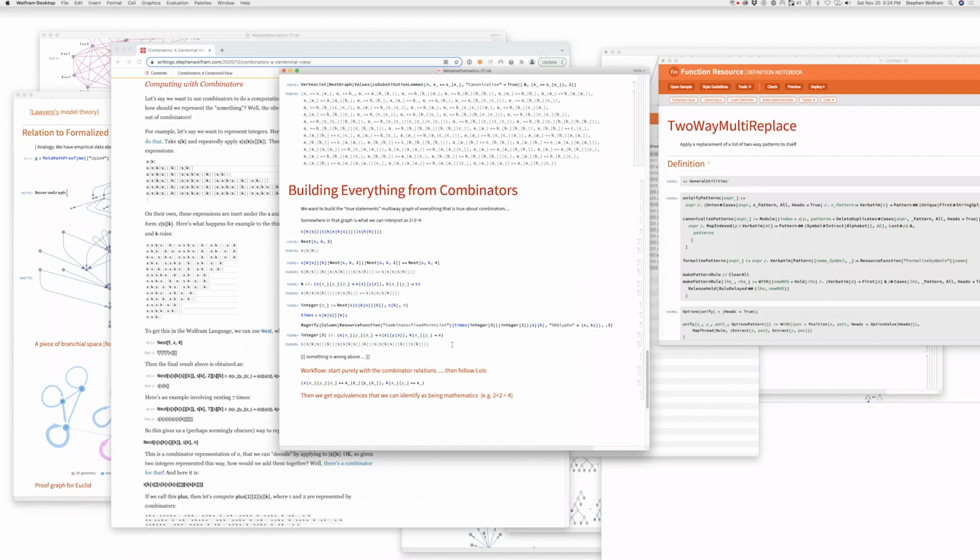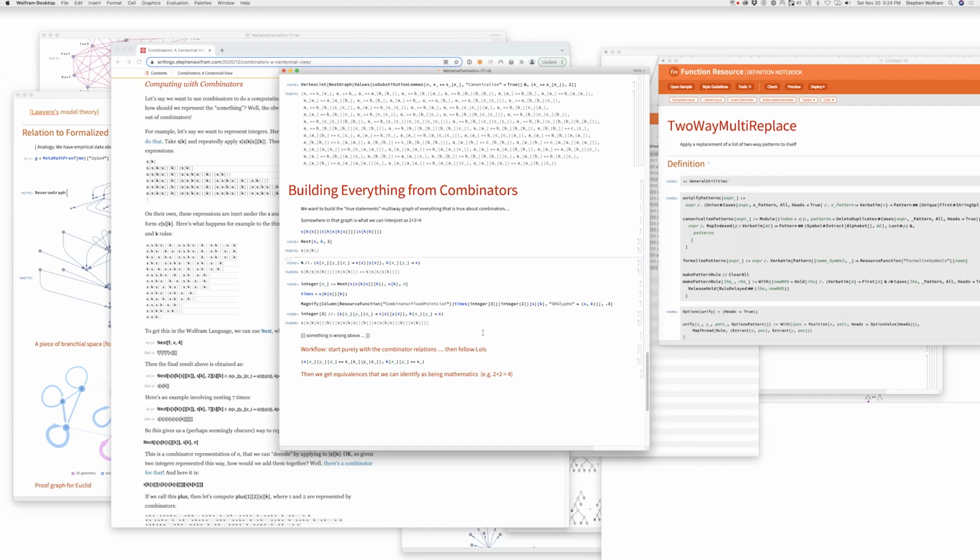Well, that's very bizarre. So we have to apply S of K on both sides here. Oh, so this is in fact not the right thing to do. Okay, so the main point is that